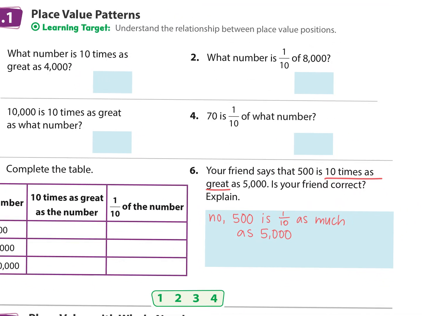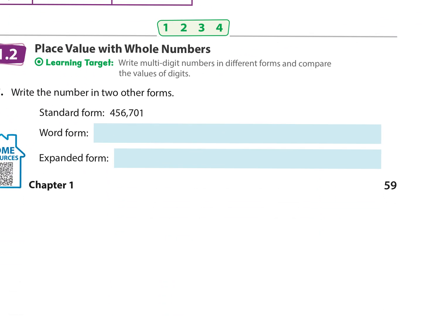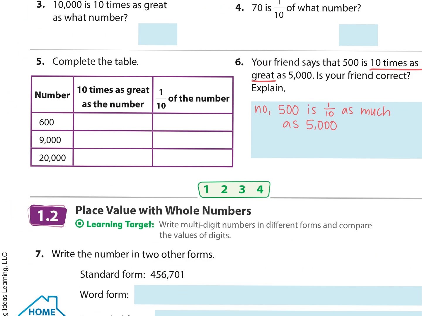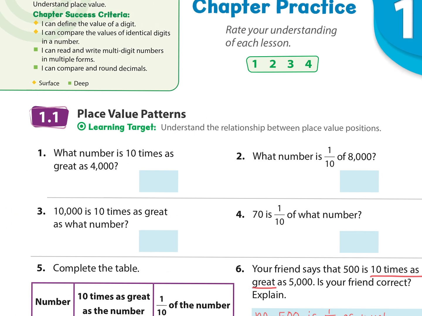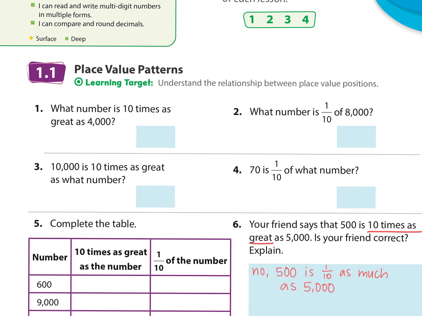All right, moving down to 1.2. Any that y'all would like me to go over in section 1.2? It starts on page 59 and then it continues on. Okay, coming back to this section, we skipped a lot in 1.1. We're just going to work through as much as we can until it's time to go, because we only have a few more minutes before we leave. So looking at number 1 on page 59,